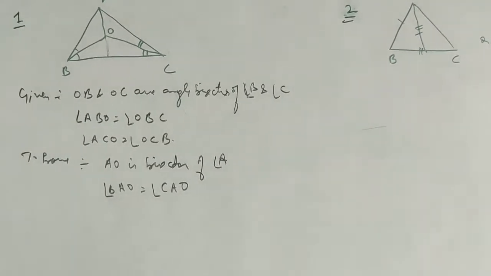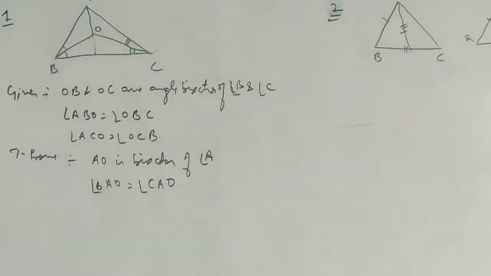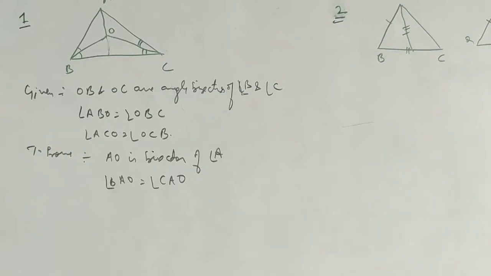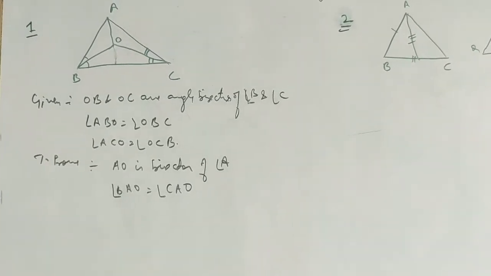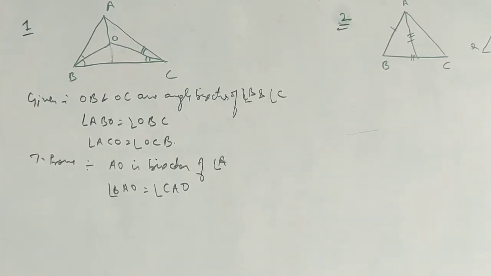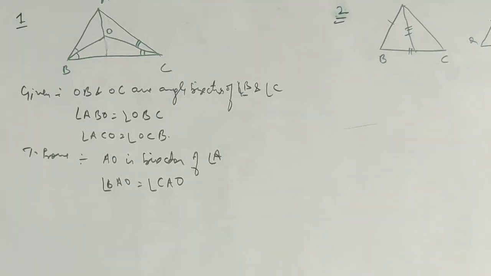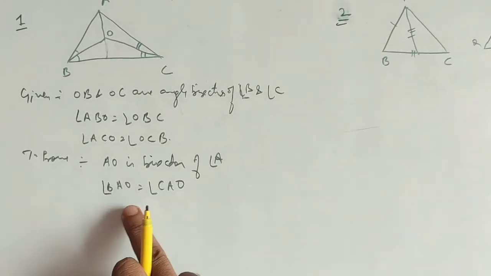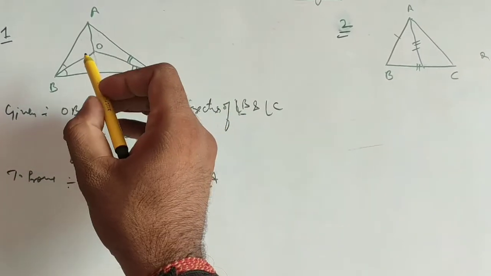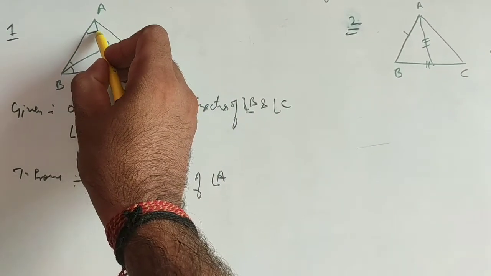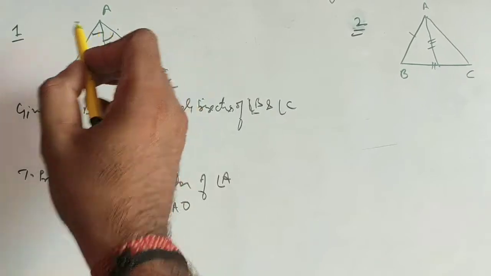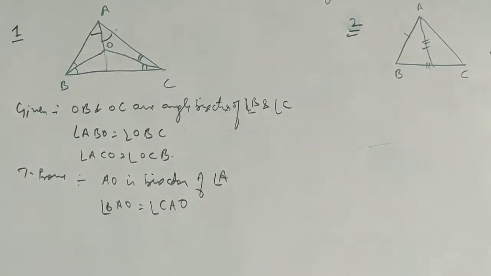So now, up to now, in all the examples which we have discussed, we have not taken any question in which we have to do construction, but in this case we need construction. Okay, we need to prove these two angles as equal. Now in figure we can see these two angles are this and this.